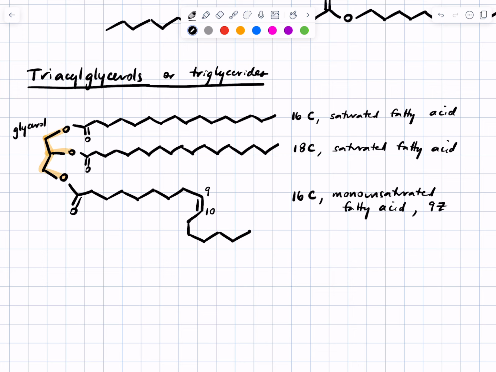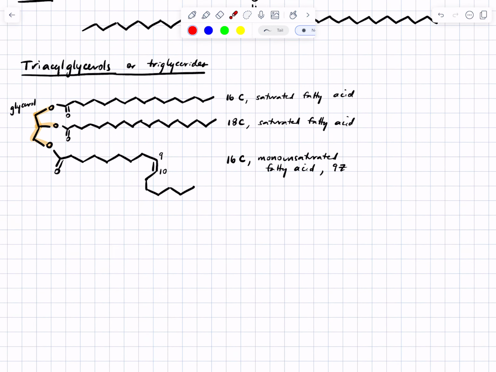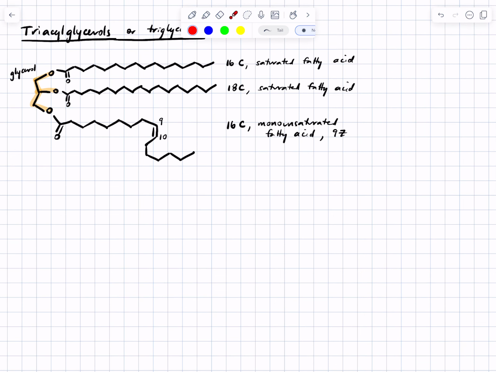So different triacylglycerides from different sources are going to vary in terms of the composition, the kind of fatty acid, number of carbons, number of double bonds. We've talked about fatty acids before, but I want to review an important point with you, mostly because it has something to do with the way you experience the world around you. I'm going to write down the structures and melting points of various saturated fatty acids and unsaturated fatty acids.